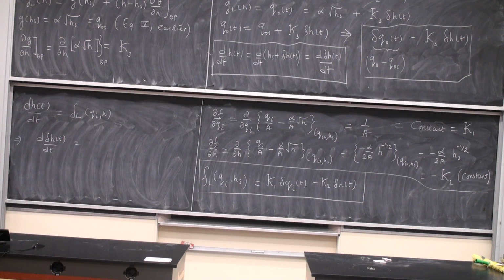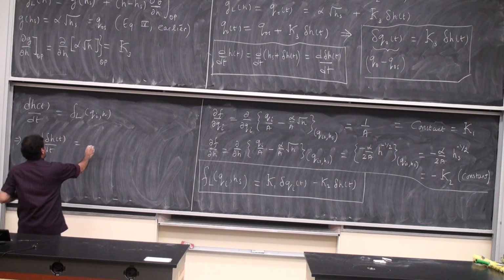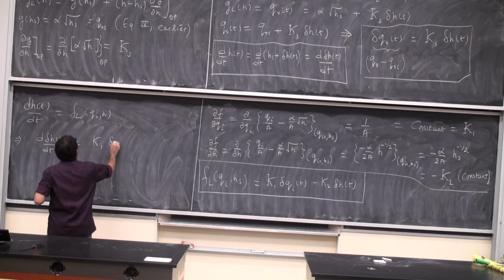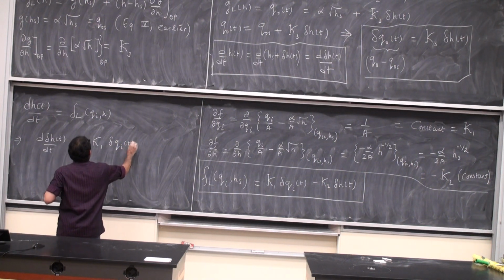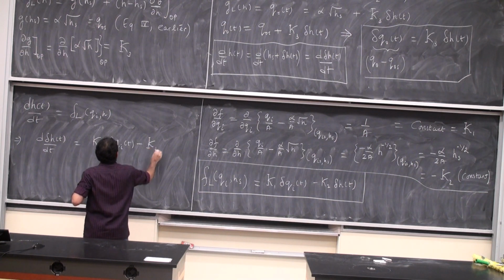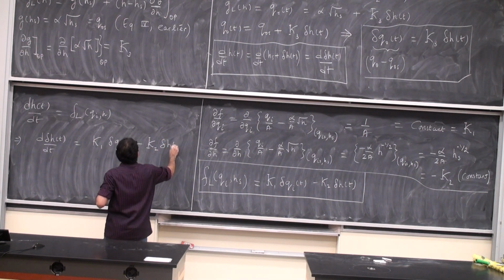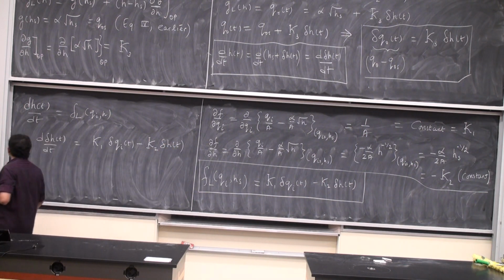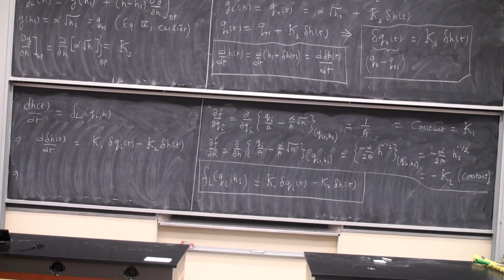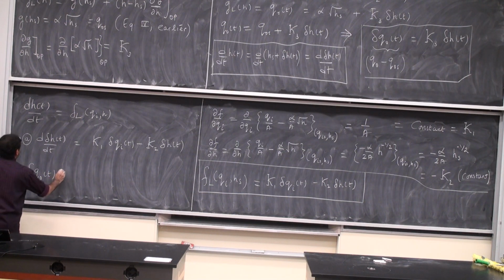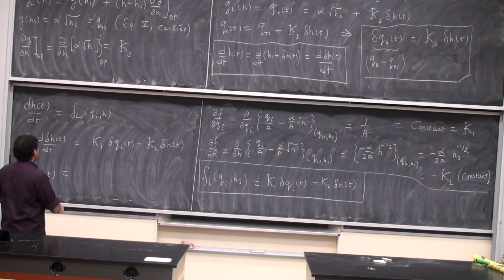Instead of FL, it's all of those things. So that's K1 del Qi. That's one. And the second equation is d del Q naught is K3